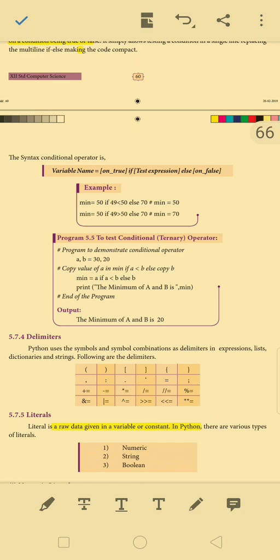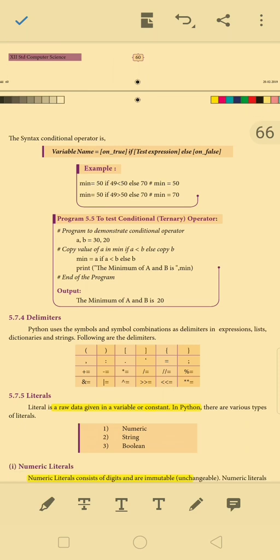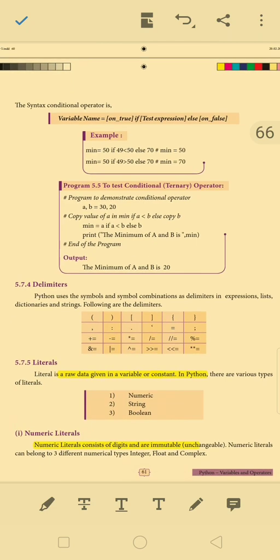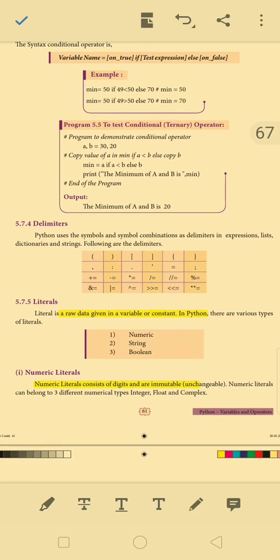The syntax is variable name equal to on true if test expression else on false. See the example: min equal to 50 if 49 is lesser than 50 else 70, so minimum is equal to 50.